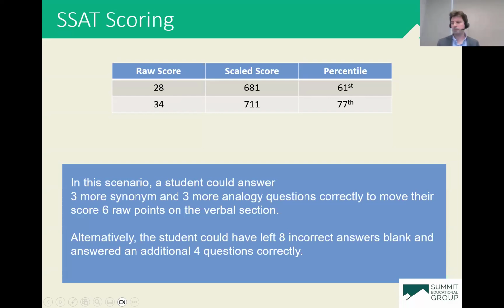So especially coming out of a practice test, I just don't want students to get discouraged by their initial score and their initial percentile scores, because oftentimes, again, depending on what their ultimate goal score is, it might just be anywhere from like 5 to 10 questions that we need to swing in their favor to have a pretty dramatic impact in terms of their overall percentile score.